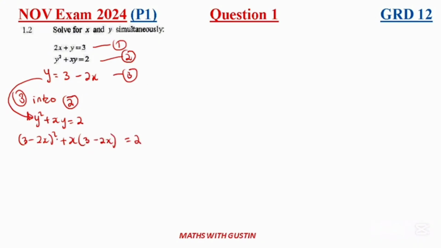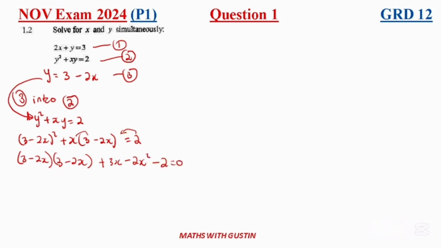Right? So now we need to remove the bracket here. When you remove the bracket, we need to expand this. In this case, we're going to expand this into 3 minus 2x close. Therefore x times 3 is going to give us 3x. x times that is going to give us minus 2x squared. I might as well take these 2 to this side, which is going to give us negative 2 is equal